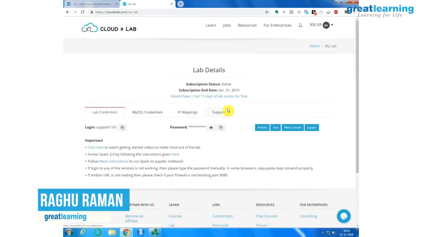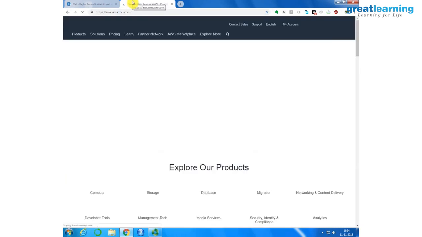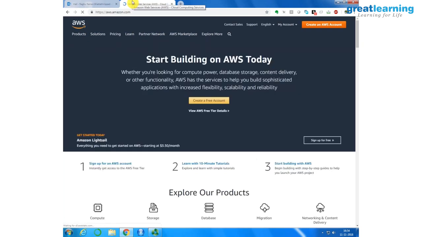CloudX Lab is actually a Bangalore-based startup company. So what they do, they have a cluster. They sell it to students to learn. Like, let's say I want to learn big data, I can pay some money and they will allow me to access this. So from anywhere you can connect. It's very easy, right? If you have a browser in Amazon,